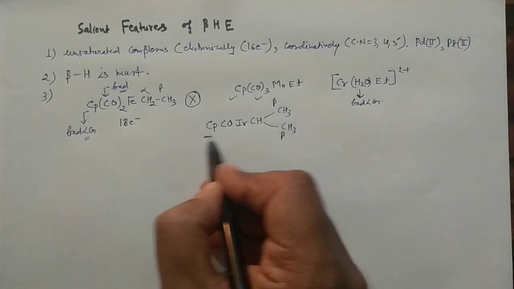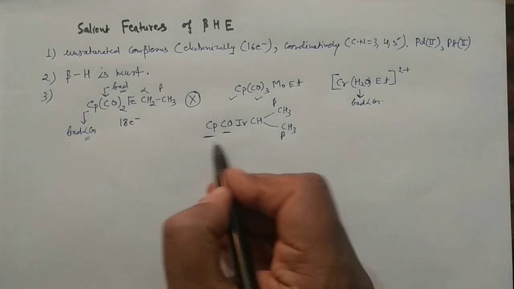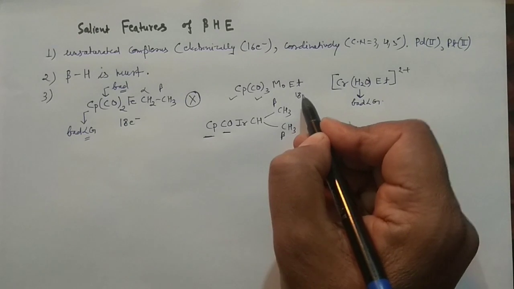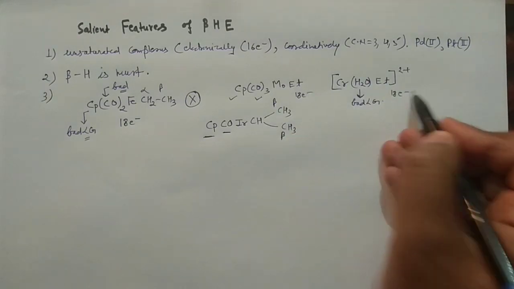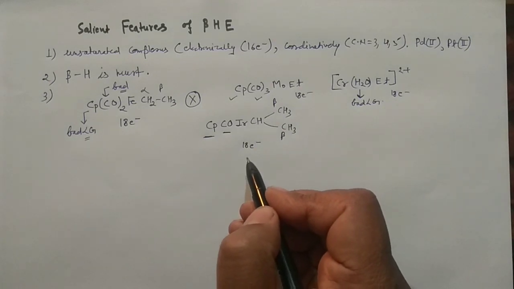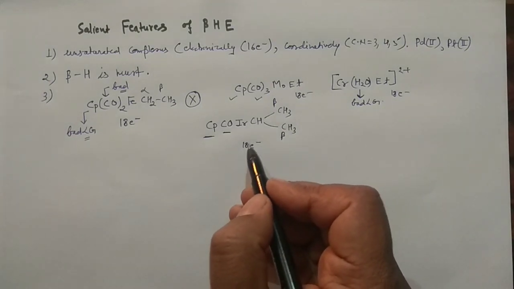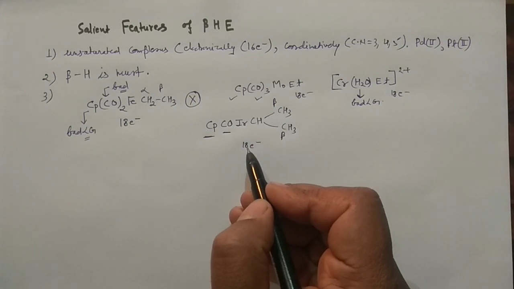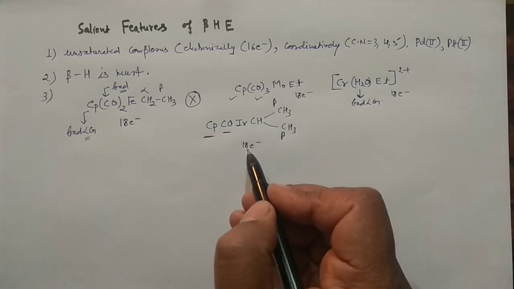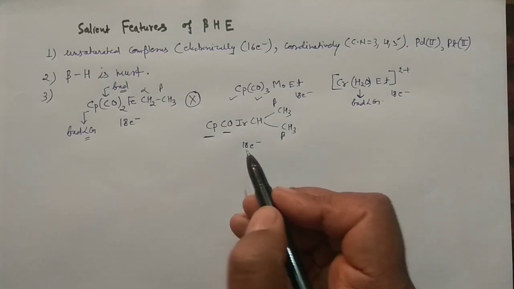But again, this Cp and CO, they are not a very good leaving group, and they all are 18 electron species. This is also the 18 electron species, this is also the 18 electron species, this is also the 18 electron species, right? So see, I am not actually going to count the electrons of all of them. It is up to you. I have explained these things in my earlier lecture. So if you don't know how to calculate the electrons, you can go through my organometallic lecture series. In this series you will find all the answers, right?